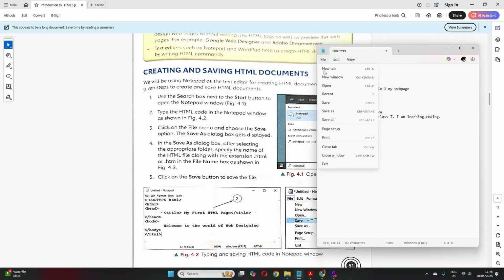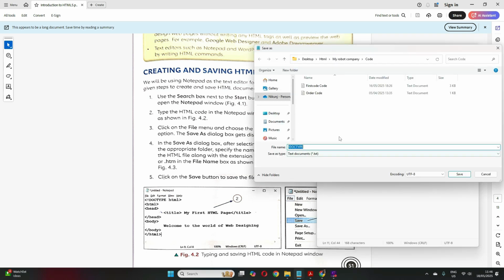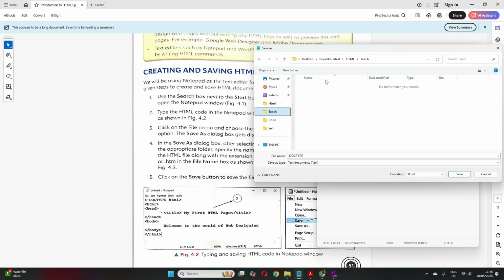Now let me save. So you have opened a notepad, create. So they are asking you where you want to save it. Clear? So let me open one. Suppose this is the path I want to save. Name your document. Maybe this is my first code. And here it has to have an HTML extension. The file extension has to be HTML or it has to be HTM. Any one you can write, HTML or HTM.